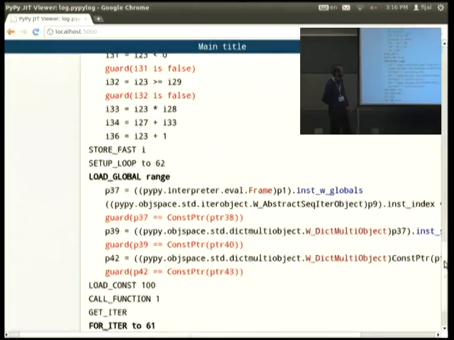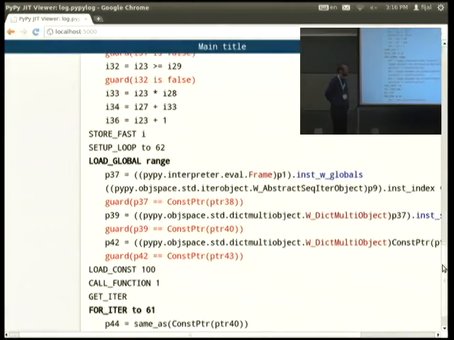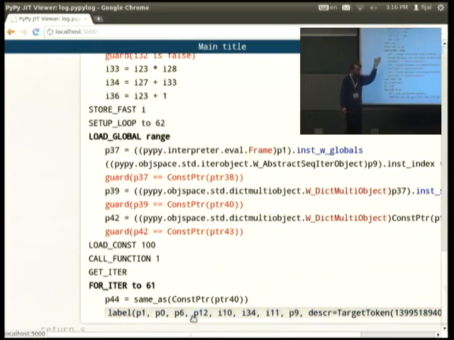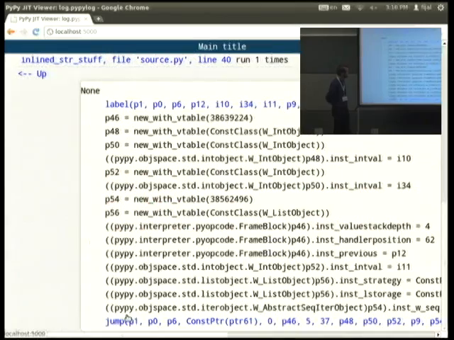Then we create another range, the inner range. And that's it. It's all some number of instructions, but you still have to think that each one becomes 1 or 2 assembler instructions only. And you put stuff back on the frame and jump back.